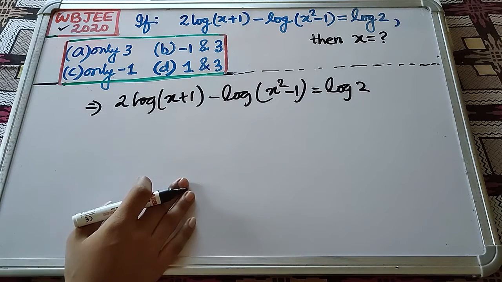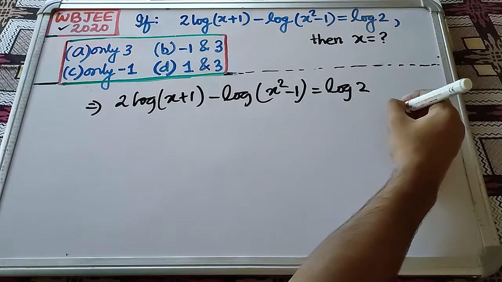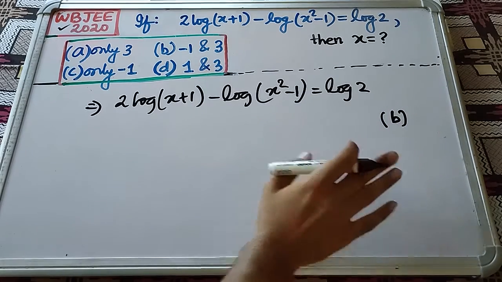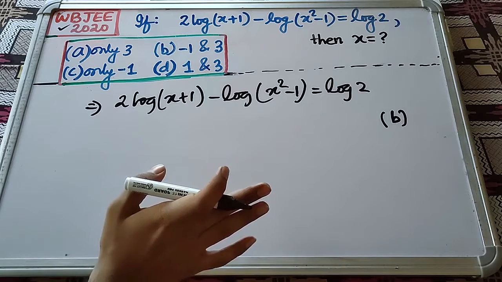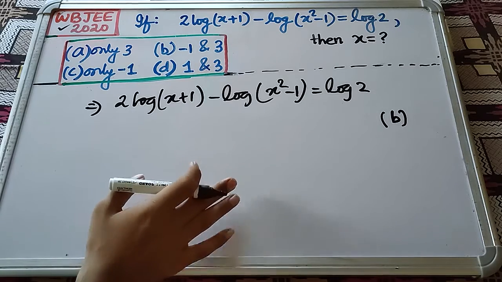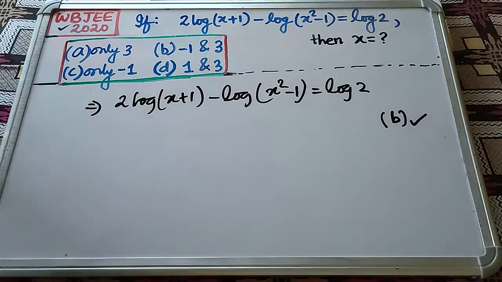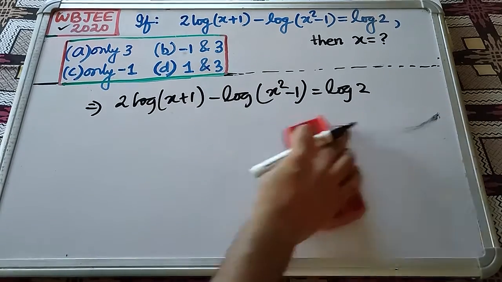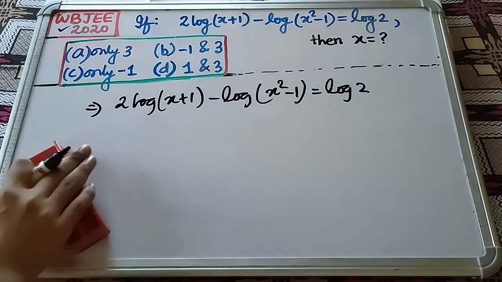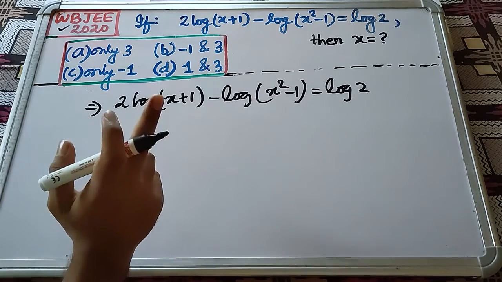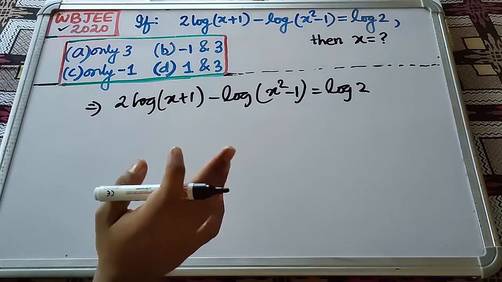So if you have solved it and if you got the answer option B, then you are actually partially correct. According to the exam, you are not correct, you will not get marks, rather you will get negative marks. If you have ticked option B, then you just know what is log, but you are not quite well versed with the domain restrictions, or might be you are doing it in a hurry, that's why you ticked option B. The correct answer is option A. So now let us see how.